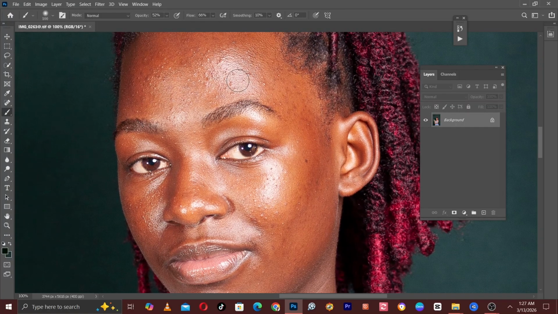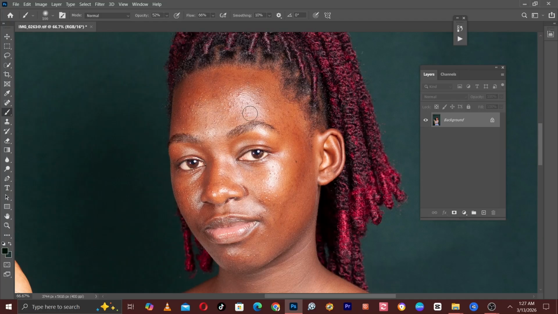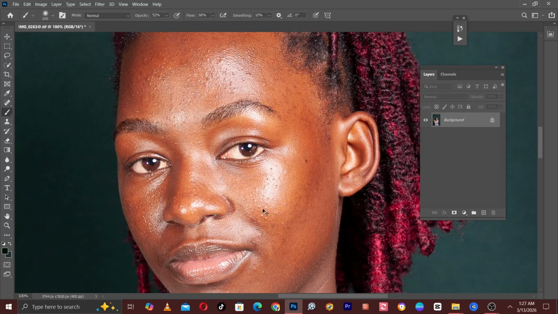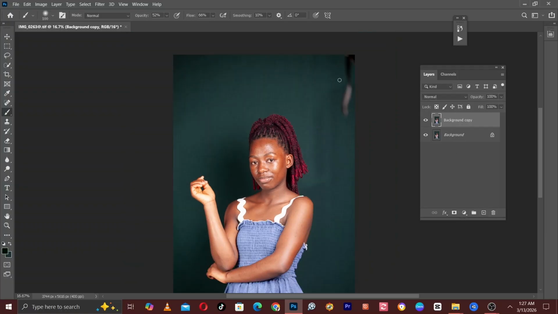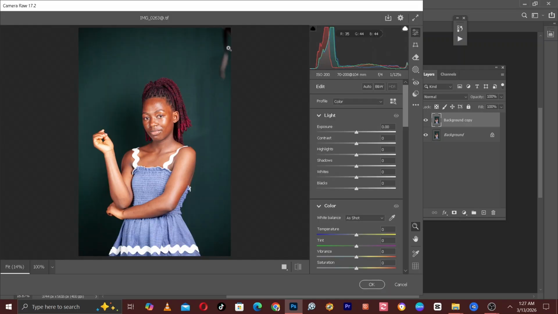We need to first balance the light of the image and then work upon the skin. So firstly, I will duplicate this layer, and then I'll come to Filter and then Camera Raw. And remember, we are dealing with a raw photo, a 16-bit image. So after Camera Raw pops up,